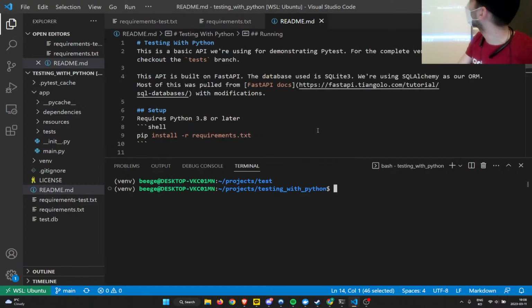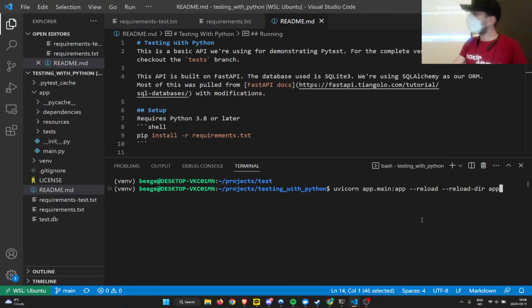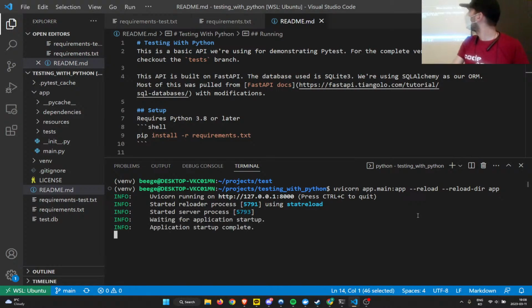So this repository is just a quick little API. It's using FastAPI. If you're not familiar, it's a really basic API. Not really basic, it's actually quite a nice API system. So we can run it. It sets up a server on here.